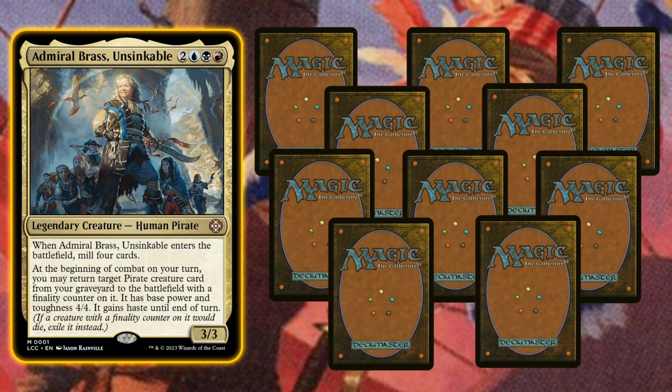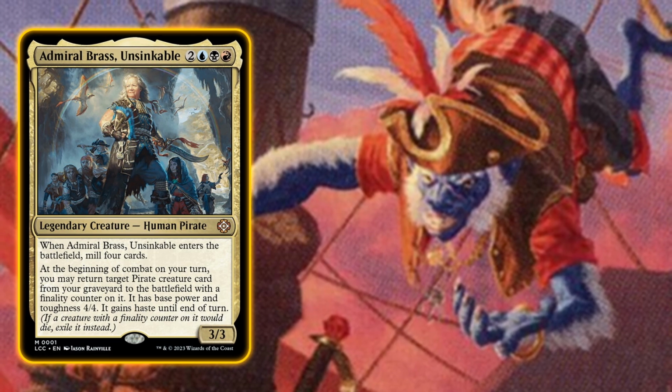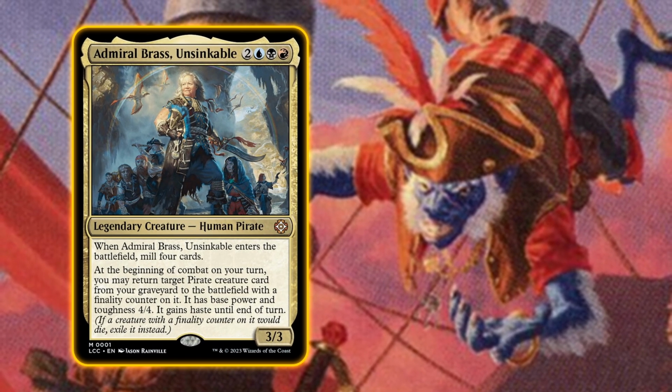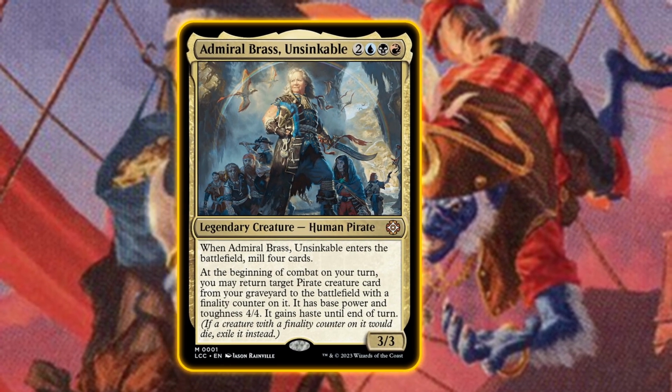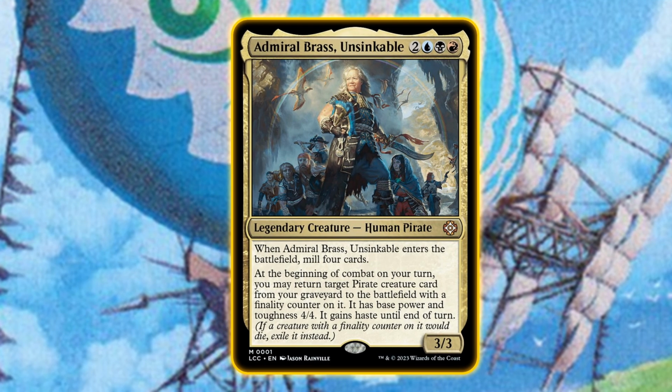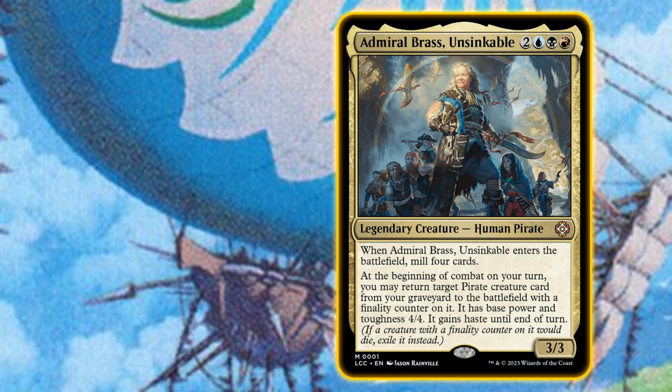These cards are going to be tailored for our favorite pirate grandma, because I haven't visited Davy Jones's locker in a while and my days of thievery are behind me. For now, I'm gonna start with the most expensive addition and one of the best enablers of Admiral Brass's reanimation